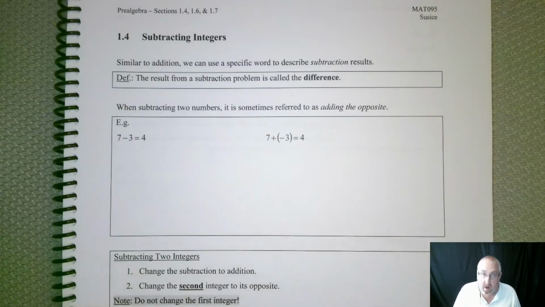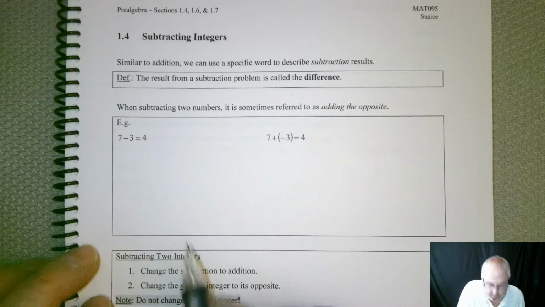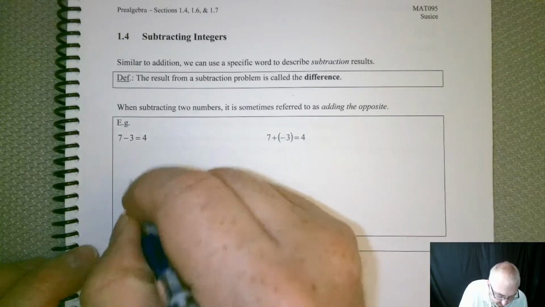As far as the process for subtracting, it is sometimes referred to as adding the opposite. Now, why is that? We're going to actually see it. If we use a number line, we can see that the pathway is going to be the same when you add the opposite. So let's see what 7 minus 3 looks like. We know it's equal to 4. But if we wanted to draw it,